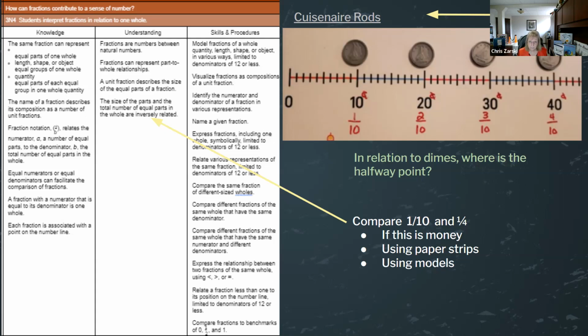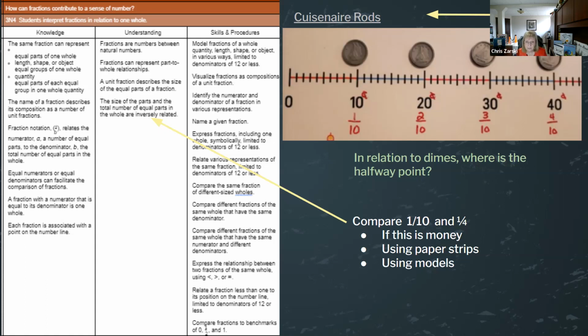That's exactly what that's meaning. It's saying that the more I want of unit fractions within a specified area, the smaller the chunks are going to be. The less I have, the bigger the chunks are going to be. So you could hold up the 10s and the halves. I only wanted 2 pieces in a half. In 10s, I wanted 10 pieces. Well, something's got to give, and it's definitely going to be the size.